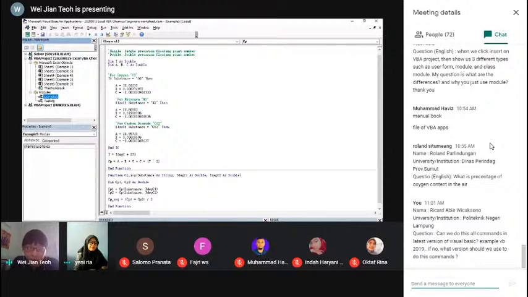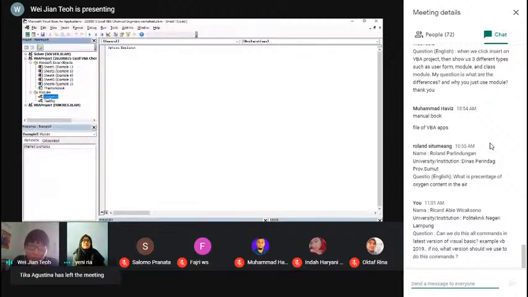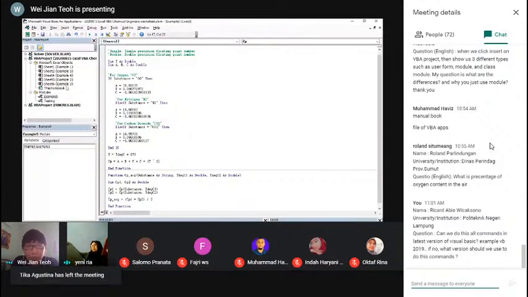And the module allows you to access the code from any sheet. For example, we have sheets 1, 2, 3, 4, 5 here. But if I'm using the sheet to type in the code, the code will only be available inside that sheet. If I try to run it in sheet 2, it will say formula not found. But if I run the code in the module, all the sheets can access the same code. That makes it very convenient and very easy.